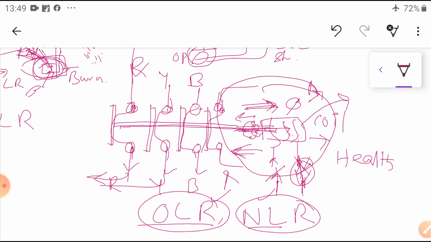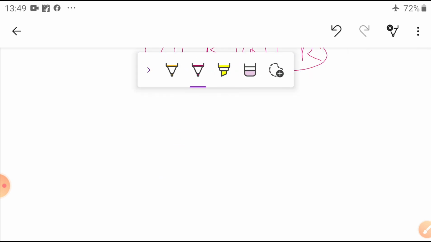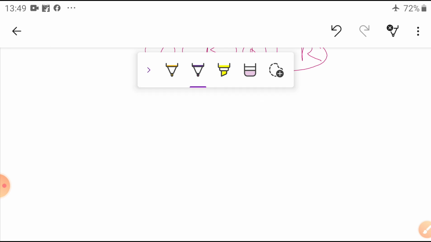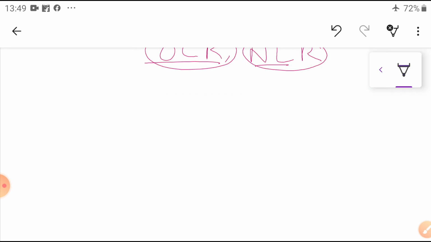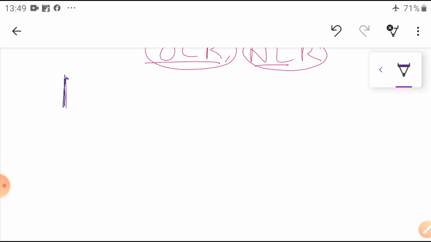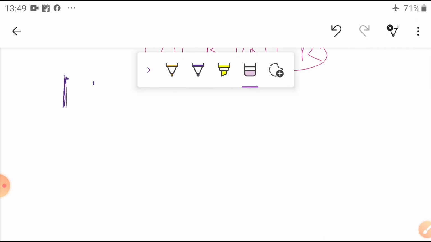Okay, let us see one diagram. You can easily understand how it is connected physically. Now you can take another color. Let us assume, for example, this is the R phase. Better to take the colors also.